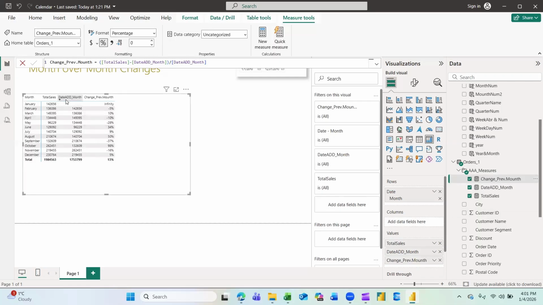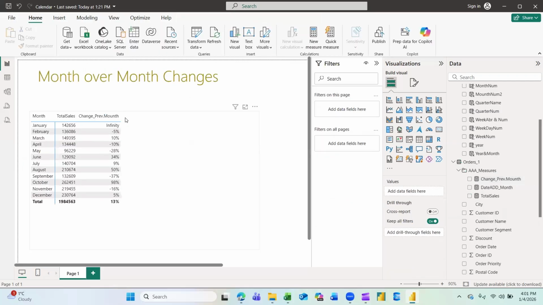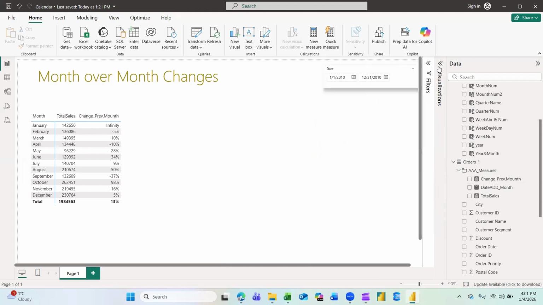And now if we add our new measure, we can see the percentage change. We can just take out date add month. And let me just zoom in. So we see here that we have infinity because we don't have any values from December 2009, right?